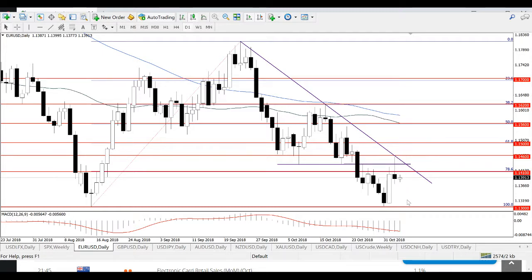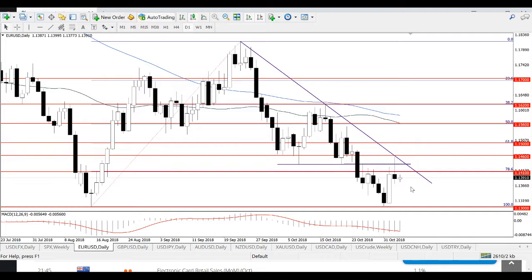which will have a negative impact on the euro. There will be some data from the euro area during the week, but not very important data releases. So the key thing to trade euro-dollar will be the result of the US midterm elections, which may lead to higher levels, and the Italian budget problem, which may